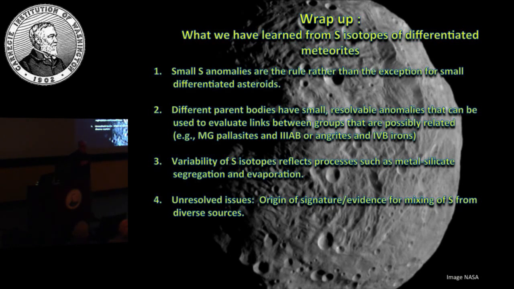Now, evaporation will do the opposite. And so the eucrite parent body, and this is speculation, mind you, is slightly enriched in 34. The Moon is slightly enriched in 34. And of those angrites, one of them is a surface angrite. So it's conceivable that that one also could have lost some sulfur. But these are all things that need to be tested.